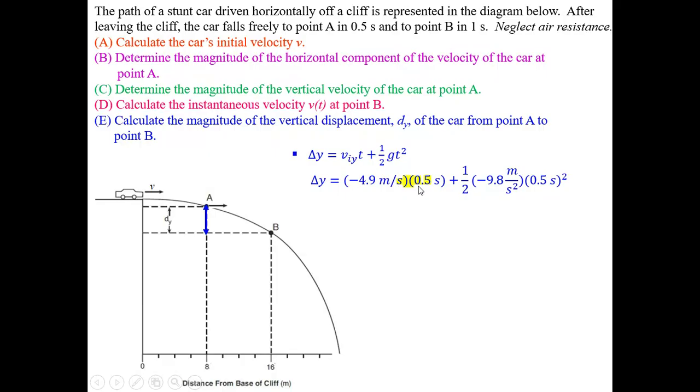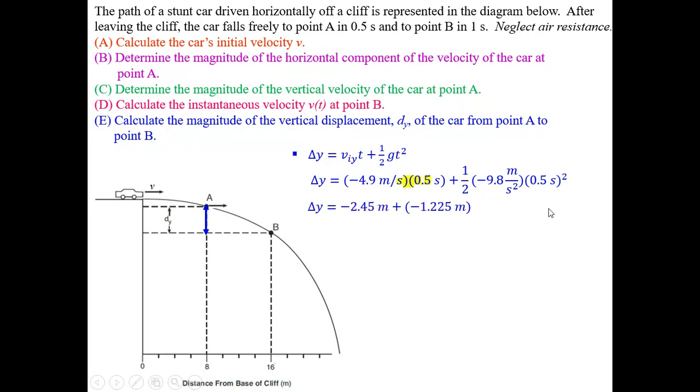The time here is just 0.5 because point A already took a half a second. And then from a half a second to a whole second is just a half a second, right? So 0.5 to 1 is just 0.5 difference. That's why the time here is 0.5, okay? And then G is just negative 9.8, and then here time once again is just 0.5 seconds, and we're gonna